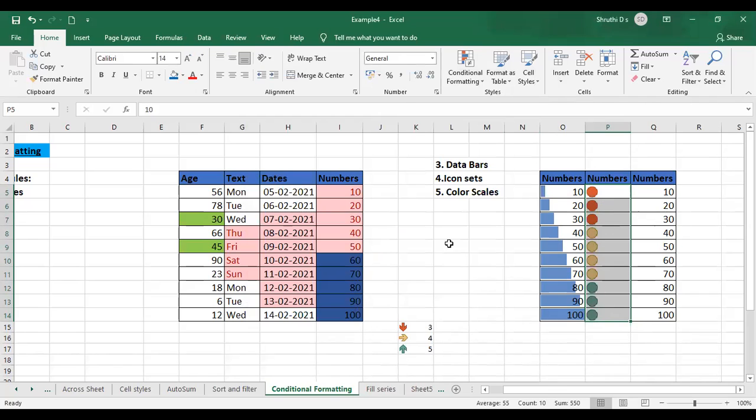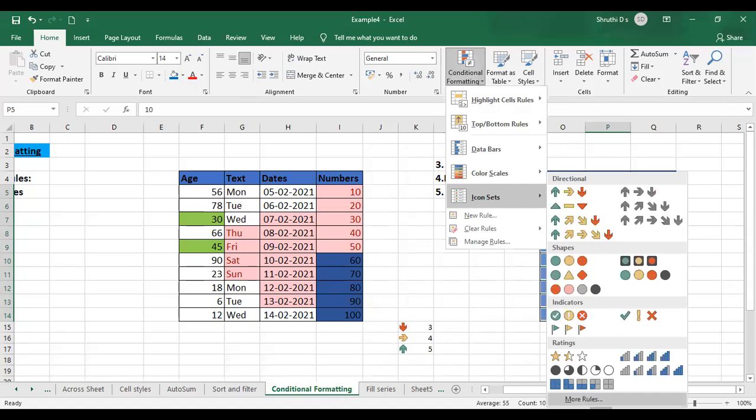As you can see, the particular indicator which I chose was different, right? See, the below average has got an orange color round circle, and the average data has got the lighter skin color, and blue color you have in the last 3, that is for above average. So this is how you can make only the icon sets visible. Now again, we have something else to view here. I'll go to conditional formatting, icon sets, and select more rules.